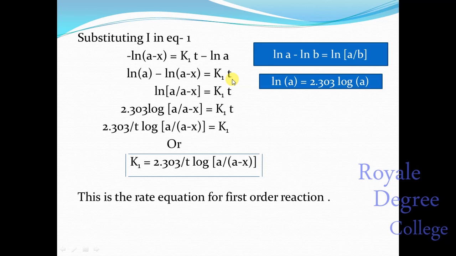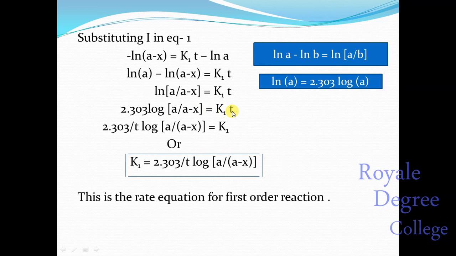Then look at this, we are using this formula, that is ln A minus ln B is equal to ln A by B. So ln a minus ln a minus x is equal to ln a by a minus x. It is equal to K1t. Now we are using this formula: ln a is equal to 2.303 log a. So in place of ln, we are writing 2.303 log a by a minus x